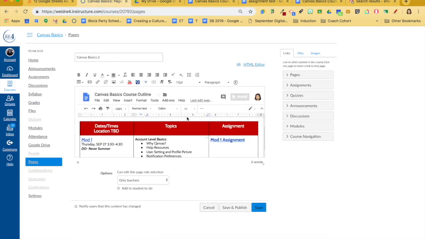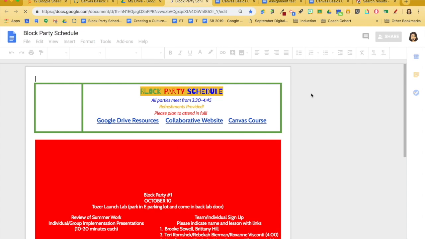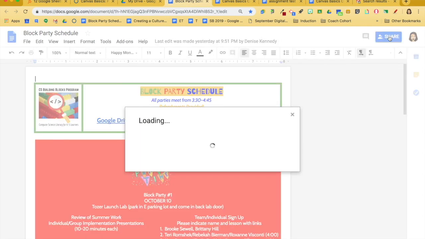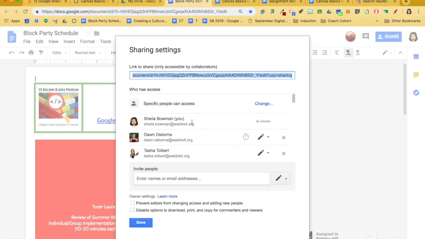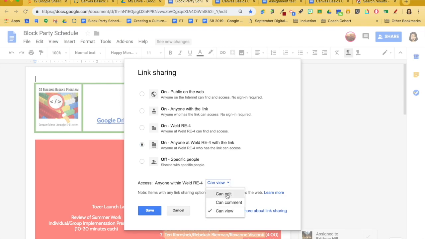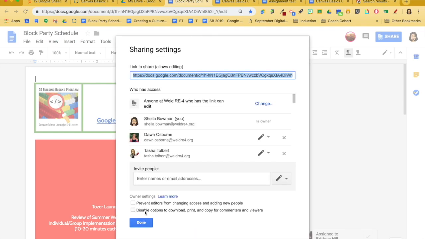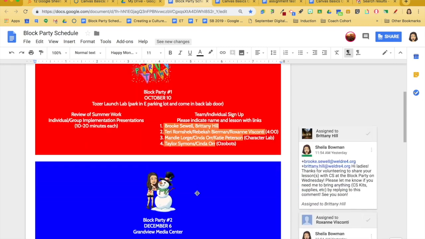I would do that in a similar fashion, except I would make sure on that page, let's say this is the page I want to embed, I need to make sure I go to the share settings, and I need to go to advanced and make sure that it says anyone with the link, and you could do anyone at my school with the link can edit. Once you embed this page into your Canvas page, it's going to give them the opportunity to come in and